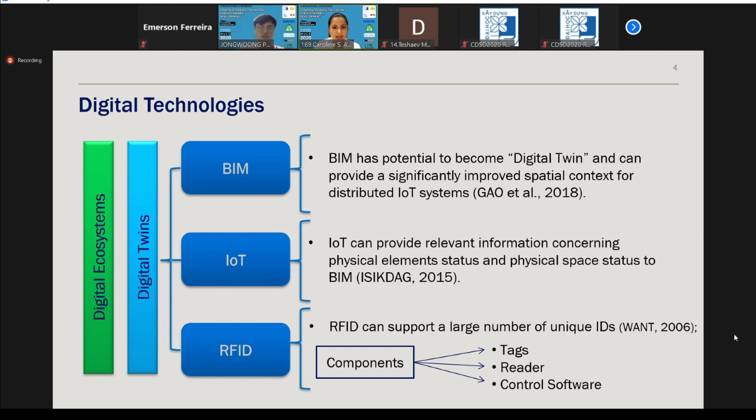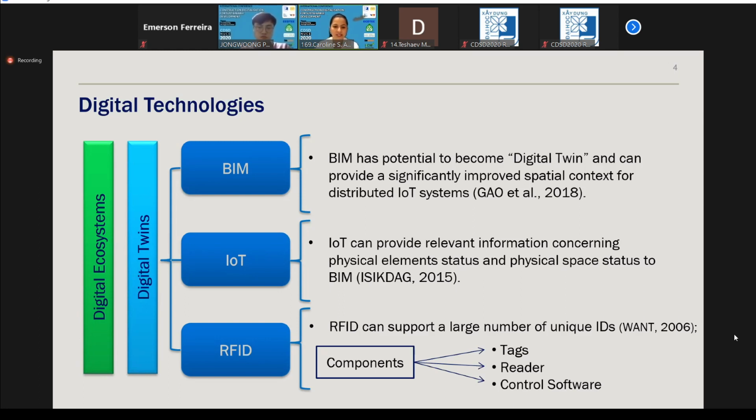So BIM has the potential to become digital twins and can provide a greatly improved spatial context for IoT. And IoT, on the other hand, can provide relevant information concerning physical elements' status and physical space status to BIM. To operationalize the IoT on site at the construction site, we can use RFID, which uses radio frequency.